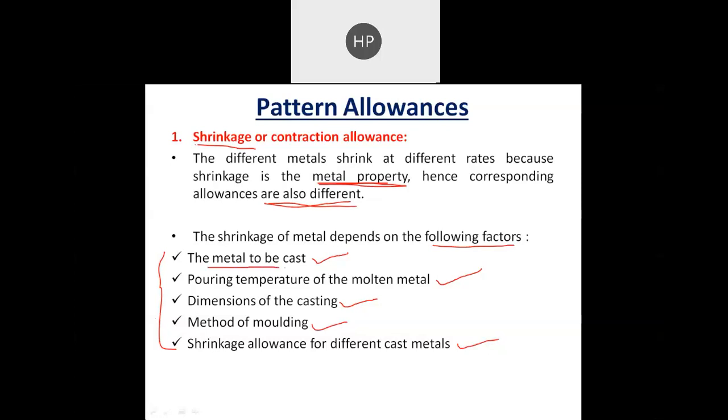What is the metal to be cast? What is the pouring temperature? Dimension of the casting, type of molding method, and if there is some different metal to be cast. Okay, so these are some of the factors on which the shrinkage of metal depends. Then